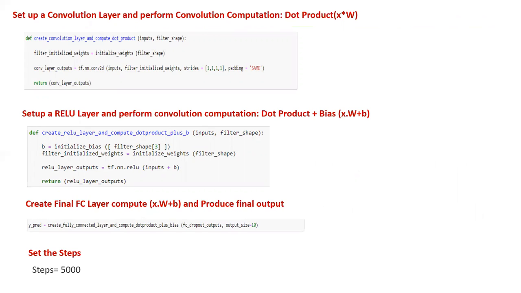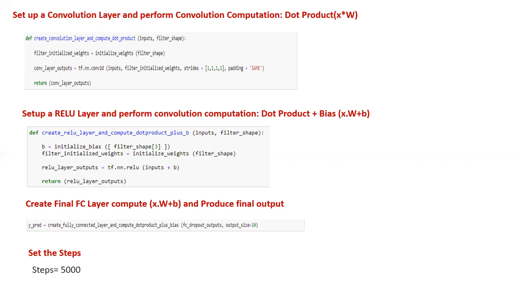These are the commands to run to set up a convolution layer and perform convolutional computation. So the shape value will be the same as the MNIST dataset, and set up a ReLU layer and perform convolutional computation